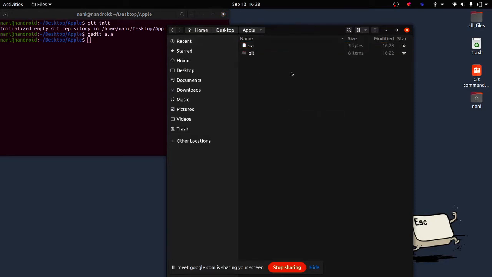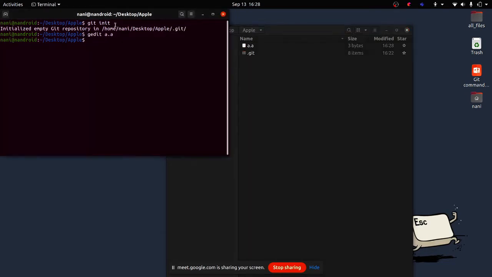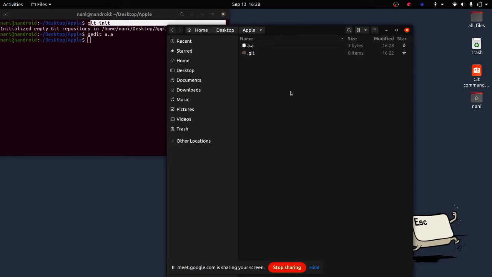From now onwards, since it is initialized by using git init, you should not call this just a folder. You should call it a repository, because it actually tracks files.